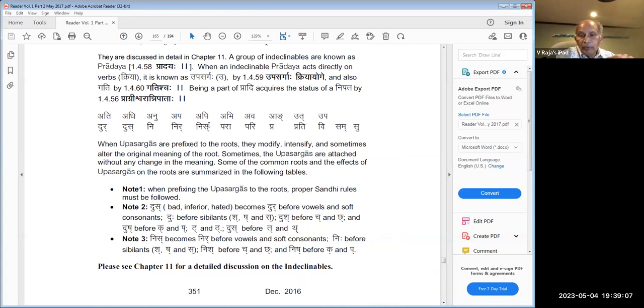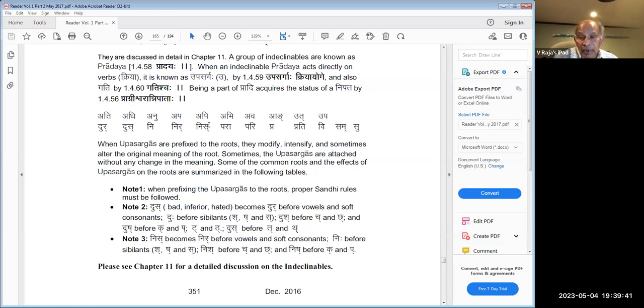We know if we add afterwards, that's called a pratyaya. Pratyaya comes after the term, pratyaya parascha. Upasarga comes in front of it. When it is added to a root, it's called upasarga. When we add it to a noun, like jnana, ajnana, that's not an upasarga, that's a preposition. Same meaning.